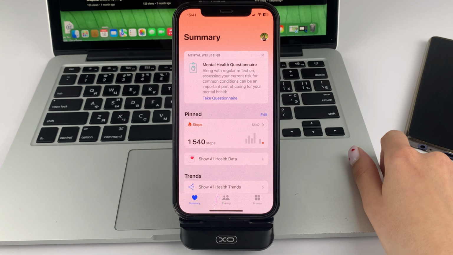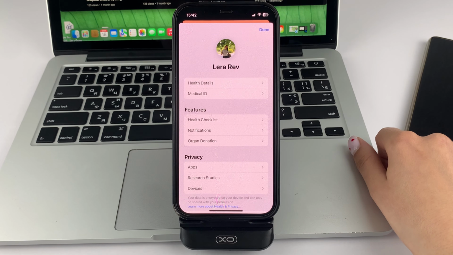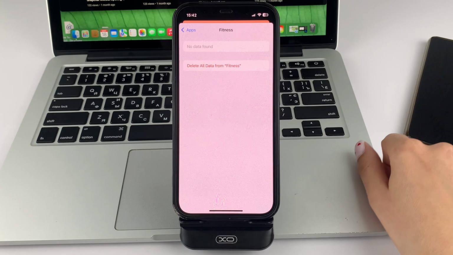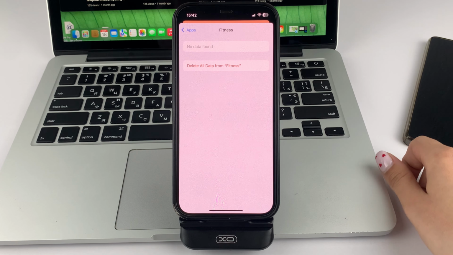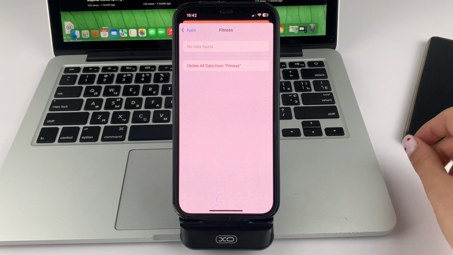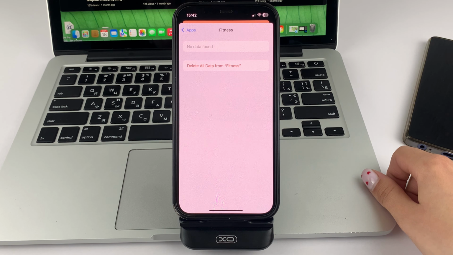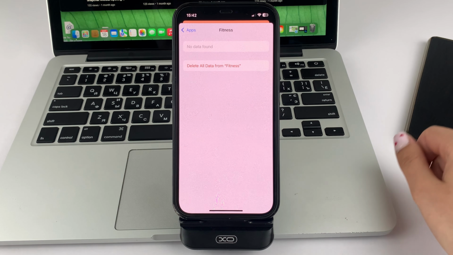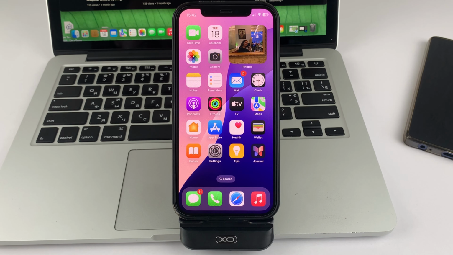If not, then you need to click on your profile picture on the top right, and then go to the Apps section, then Fitness. And here you can find the Workouts option. You'll need to open Workouts, and you'll be able to see how many, for example, steps you walked today or yesterday, because that can count in the Fitness app as a workout. So those are the methods. Dear friends, you will be able to track steps on your iPhone without Apple Watch.